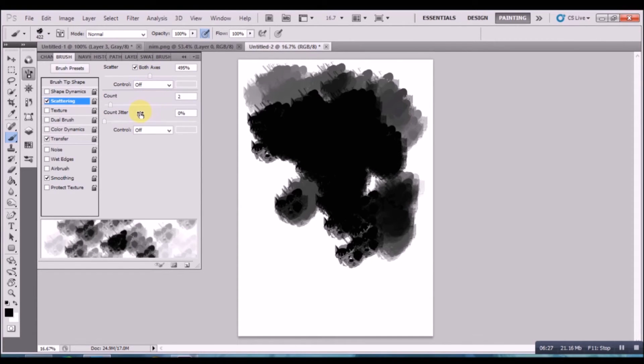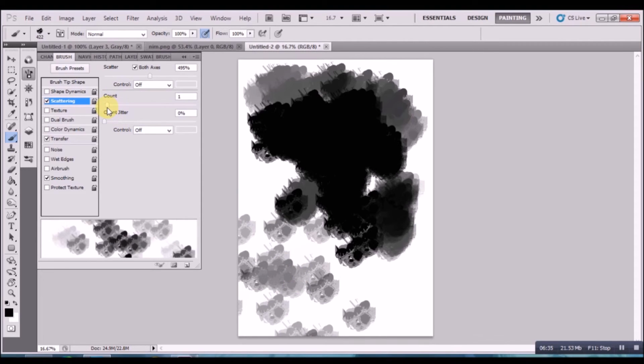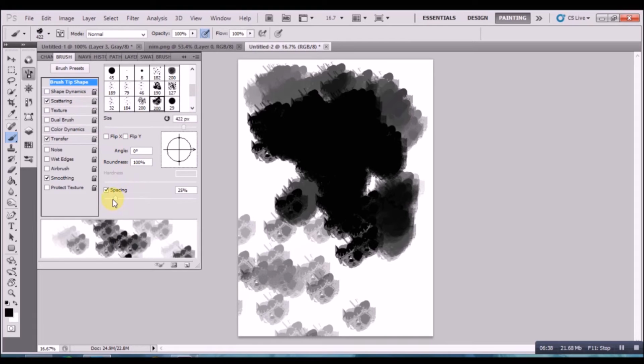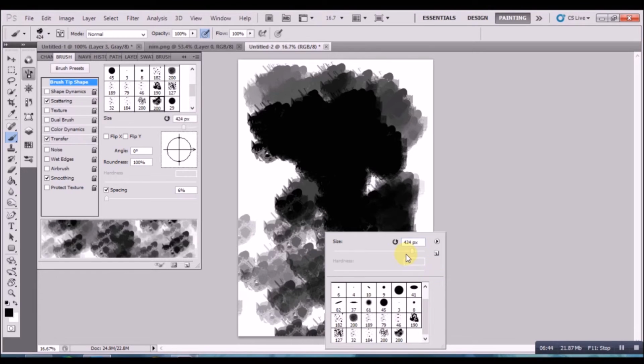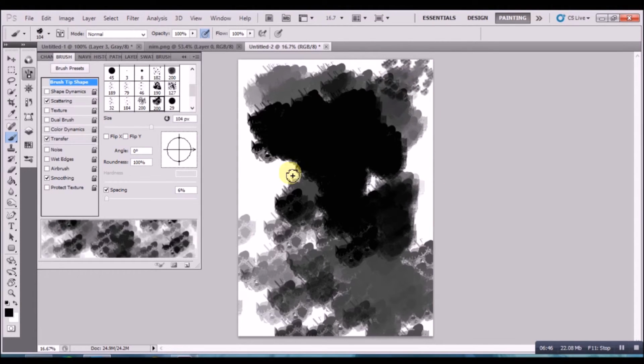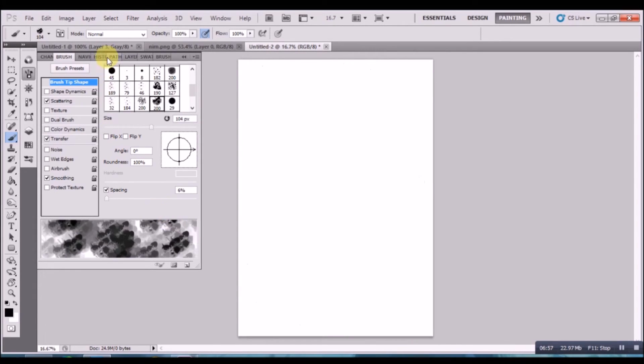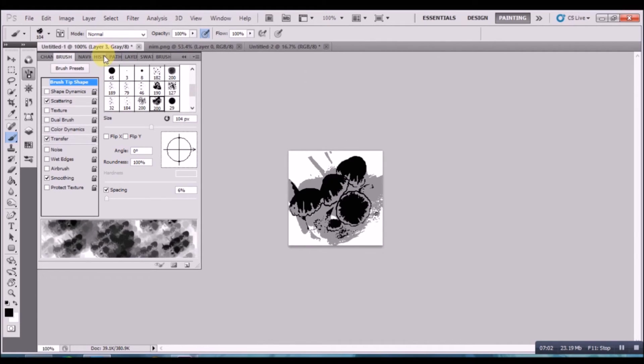Add scattering. So if we turn the spacing down and just go a bit mad with it really. So like I said, you can do it for drawings, paintings, you can do it with photos as well. If you have any photos that have really interesting textures that you think might be good to use. You can also scan in bits of paper, scan in leaves, anything like that, and just spend, you know, a few hours just having a go, messing around, finding some really awesome brushes.